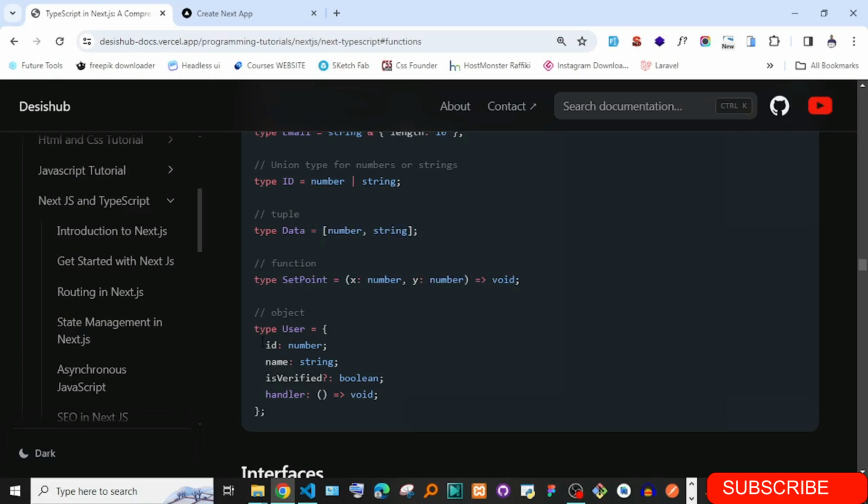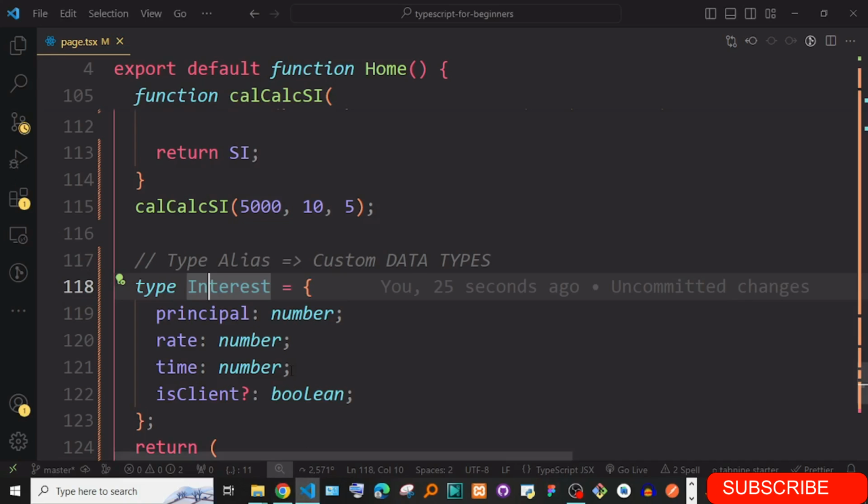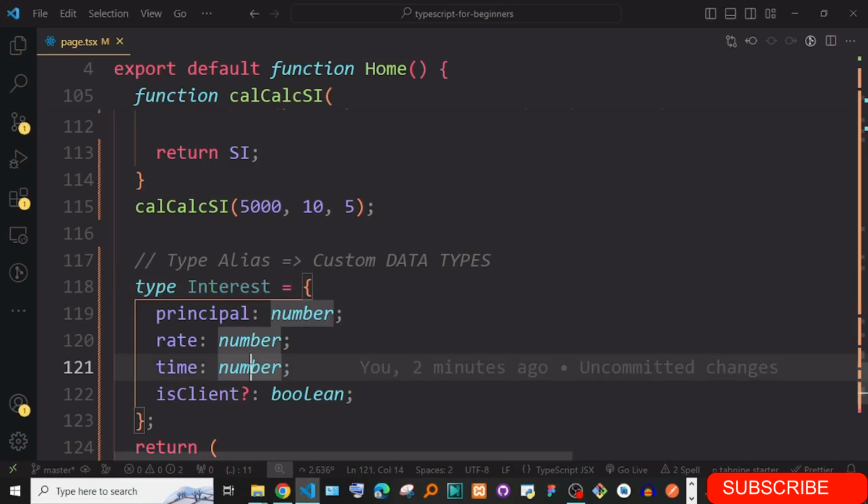But in the case you have a bigger object for complex scenarios, like you are fetching data or you are creating data in a database, you have a huge object. Instead of relying on defining one by one, you go ahead and define your own type, give it a name, the way you can see here, user, and it has, for instance, ID, name, and so on and so forth. And then after defining it, you can now go ahead and use it in some scenario.